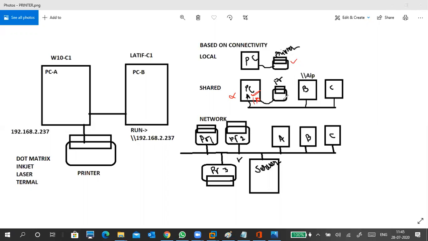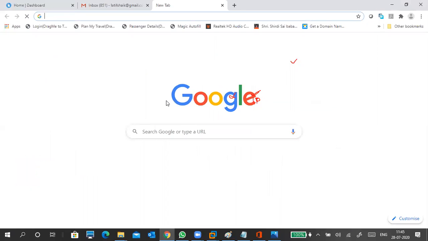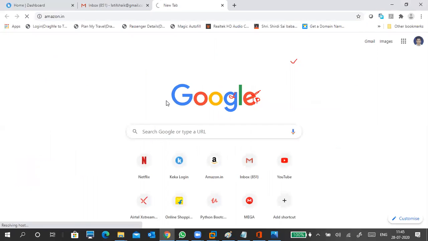So by default, if you go to Amazon or Flipkart or anything, just to understand the printer. I think today the network is also slow, or maybe I have to restart this PC 2-3 times.